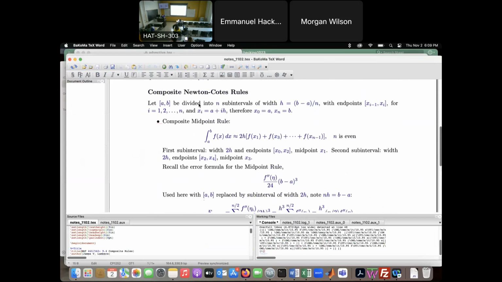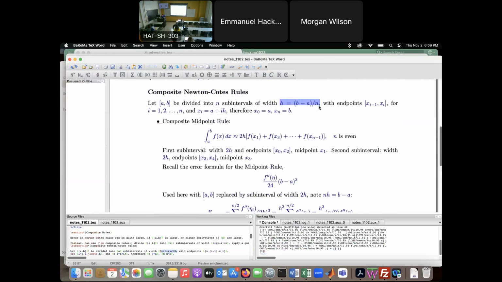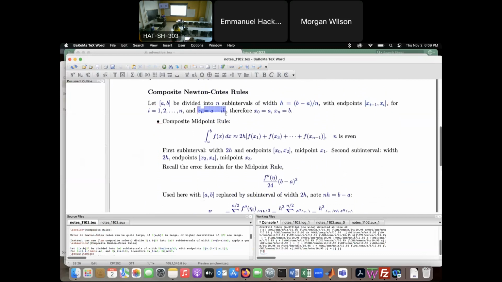All right. So for all of these, we divide into n subintervals. This is the width, b minus a over n. And each subinterval has these endpoints. So I define these x values to be equally spaced. So x naught is equal to a and xn is equal to b. I have n subintervals of these endpoints. So then,